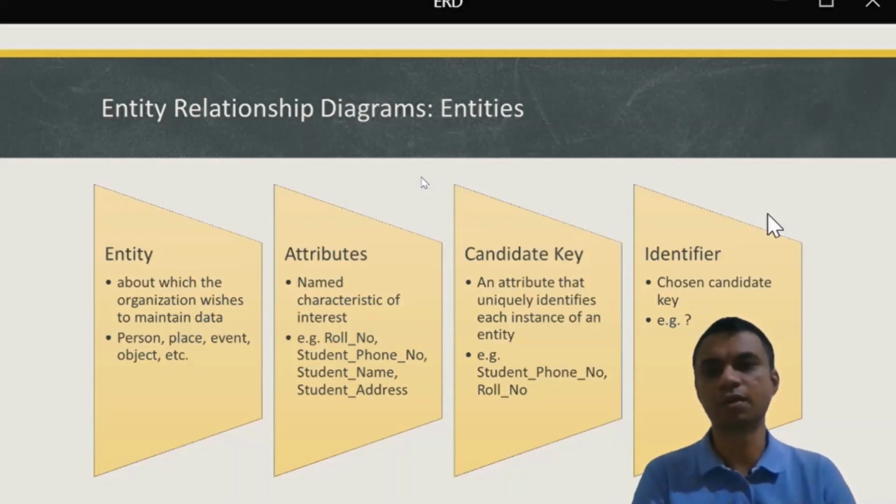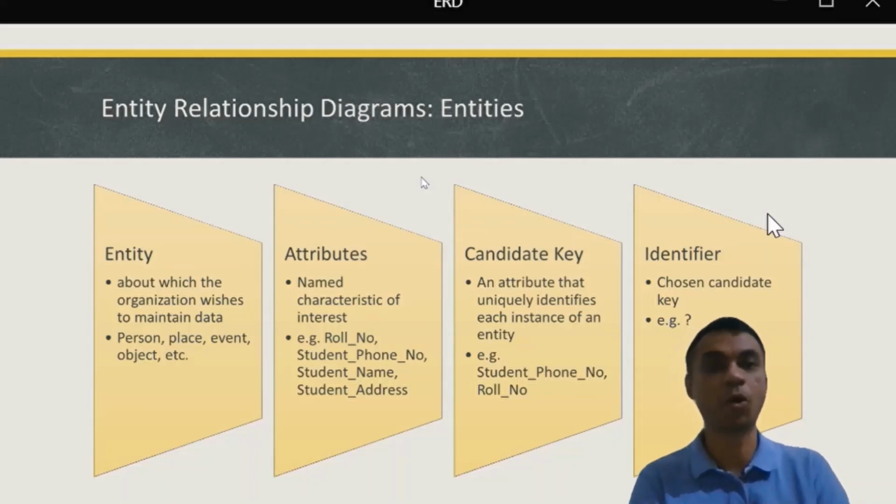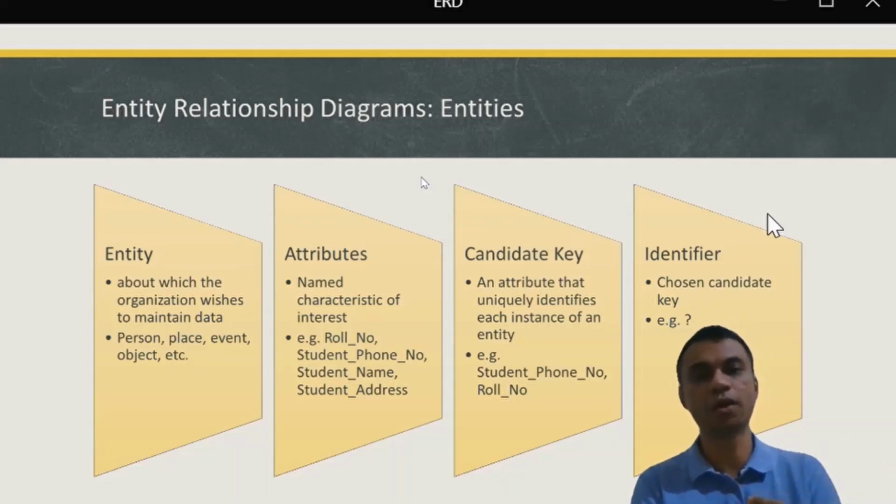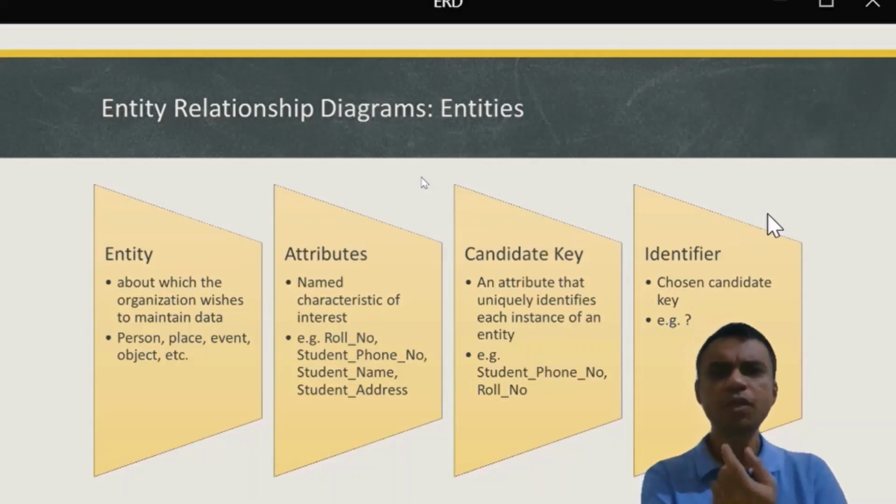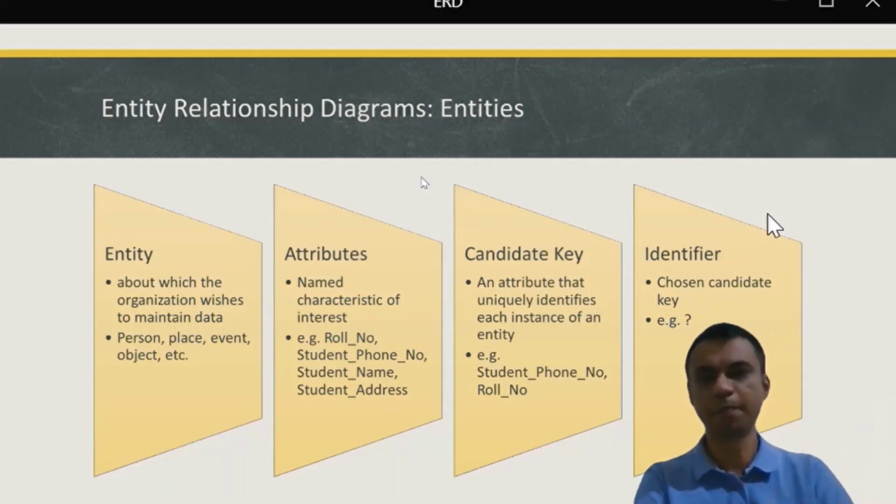If one of the students is an international student, they don't have a phone with them here, so they may give someone else's number. Or there are siblings who both have not taken a new SIM card and they are giving the same number. Or it could happen that someone changes their number, so then your old number is no longer valid and it cannot be used to identify you. So roll number has been chosen as a candidate key which will be used to identify each unique student.